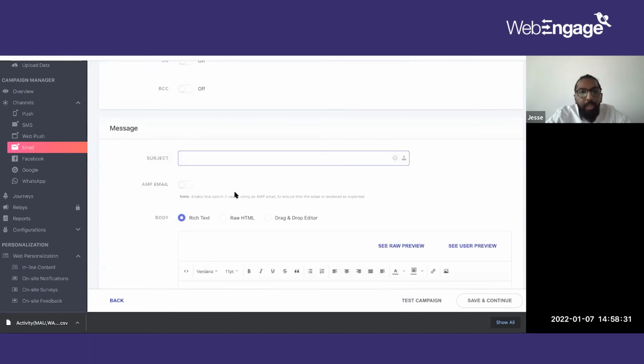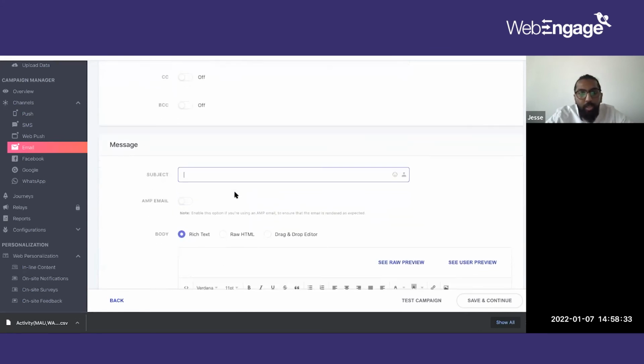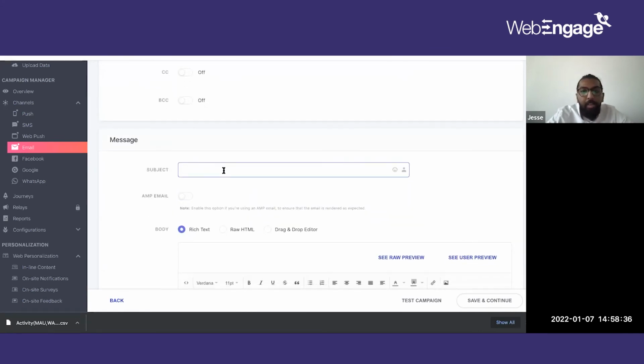Now, from the subject line onwards, you can use personalization tokens as well. Say, for example, you want to say hi user using the user's first name. What you can do is click on the personalization icon. In the personalization icon, you can see user attributes as well as custom events. So click on hi and first name. If I have a first name that's eligible to be picked up, it would be hi Jesse for me, hi Nitya for Nitya's email ID, and hi Tina probably for Tina's email ID.